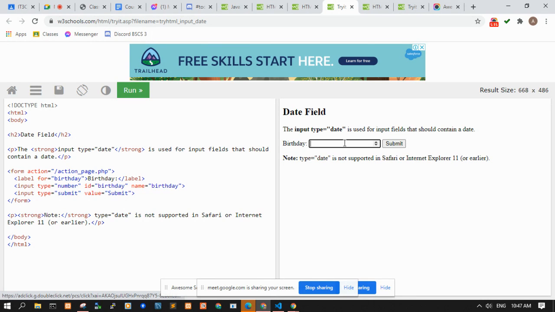Front end validation is by using your HTML or JavaScript to validate the values input from forms so that the user will immediately see that there is a validation error with your input. Like for example, you have input type number. You only want to have numbers for this input, so you can use input type number and you cannot just input text here.